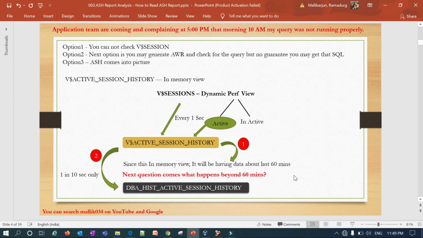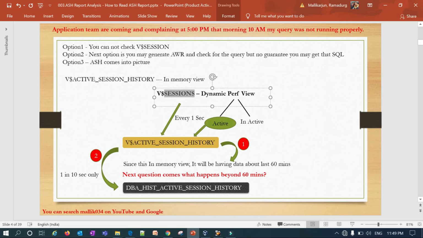So basically, if you want to trace any particular query, you can check V$SESSION if you want to check the active session right now. If the query ran in the last 1 hour or 30 minutes back, you can check V$ACTIVE_SESSION_HISTORY and find out the details.